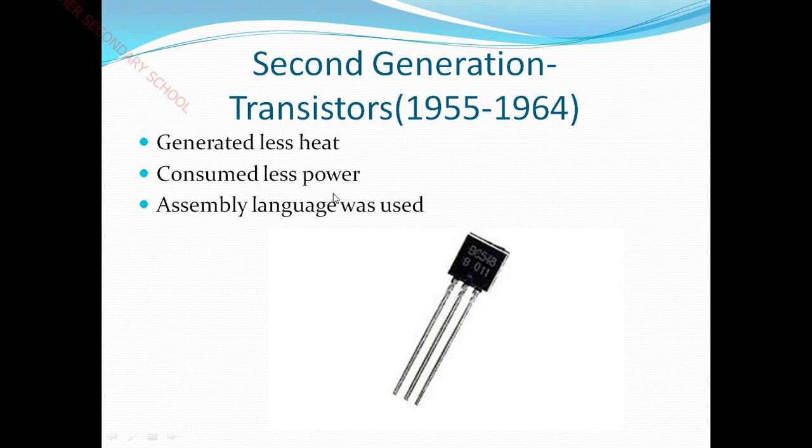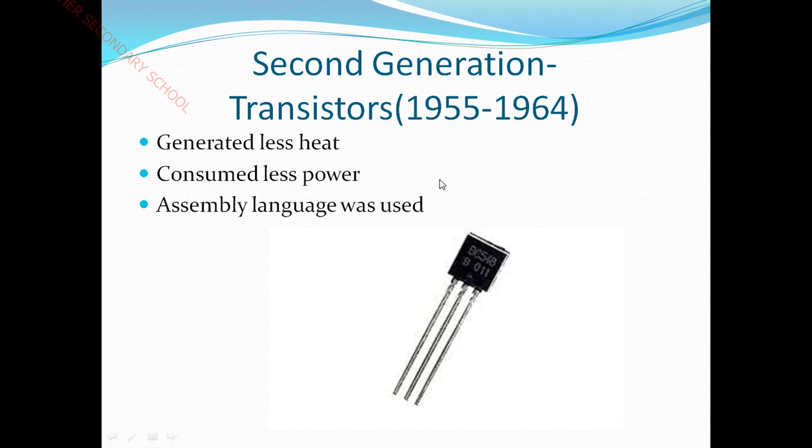So what is meant by assembly language? Machine language, I told you, is a combination of zeros and ones. Assembly language means small mnemonic codes. For example, if you want to add two numbers, you have to give a keyword like ADD, then give 2 plus 3, and only then will it be calculated. And also, if you want to execute assembly language, the program written on one computer can be executed only on that kind of computer, not another. That is the major drawback of assembly language.